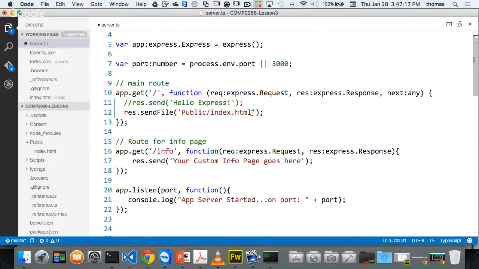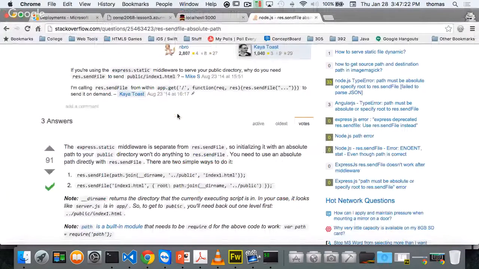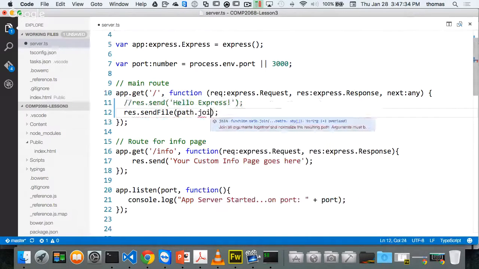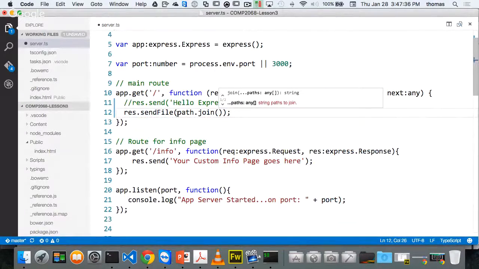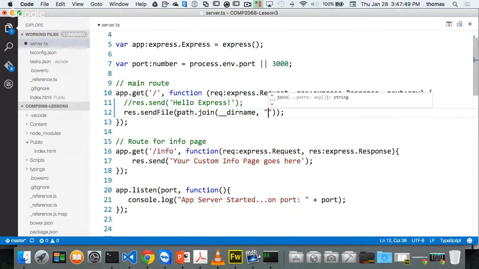So in my send file then, let's rewrite this thing a little bit. And this is where the hairy stuff gets. It tells you what to do right here. I got to include my dir name, path.join, with my directory name, my public folder, and my index.html. That's what I want, all right? So I'll do that, path.join. And inside there, I'm going to say, here's my paths. So what I want to look at is dir name, so double underscore dirname, if that works, comma, the path to my file, which is my public